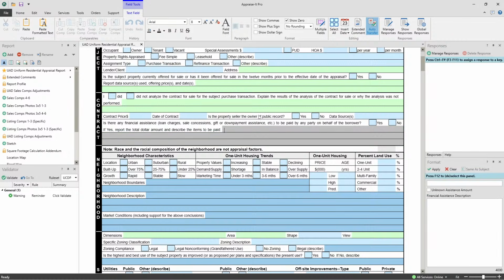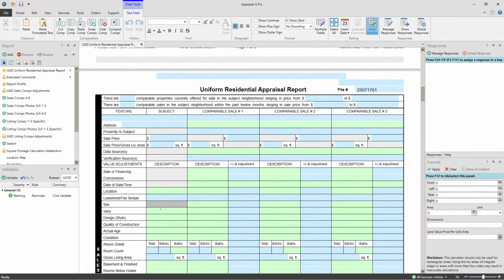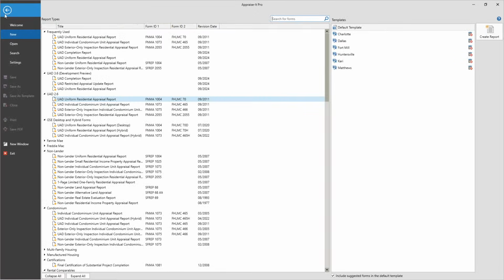So if I go into a formatted field, I've got this ability to fill out this over here and then apply it with the correct formatting, because you've got all these cryptic abbreviations. So that is the UAD 2.6 in Appraise-It Pro. Now what I can do is I can close that out, come back over here,